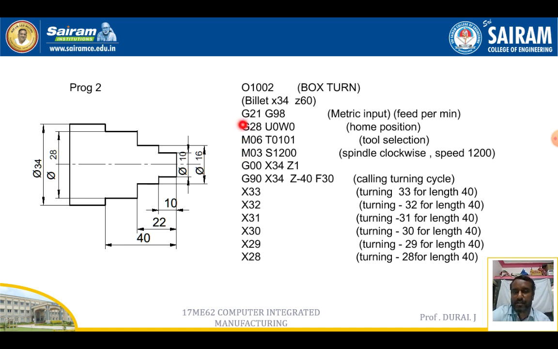Now let us see how to write the program for the box turning command. So now we can see this is the component. In the component the billet size is X34 Z60. This type of step turning you have to create over here. For that, first